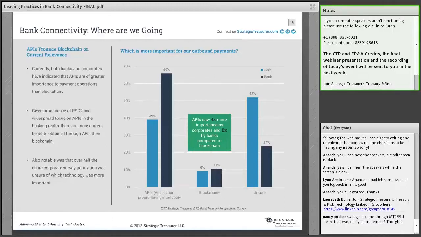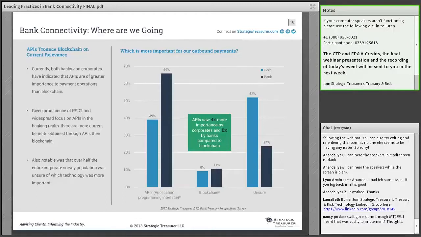So moving forward, they do look to play an ever-increasing role in facilitating STP between systems and helping to reduce manual workflows for information reporting and processing and that nature. But at the same time, I think it is just as interesting, looking at the right side here, that just over half of corporates and about a quarter of banks were unsure of which of these two technologies were most